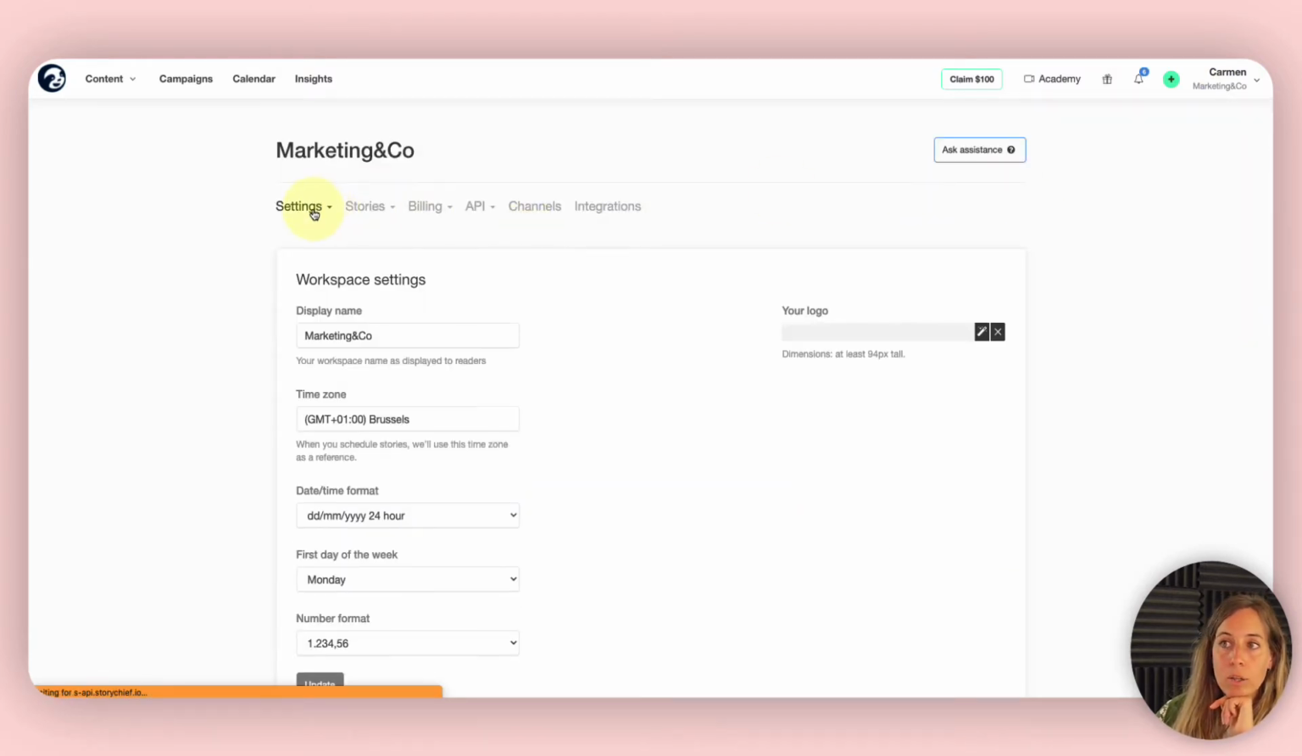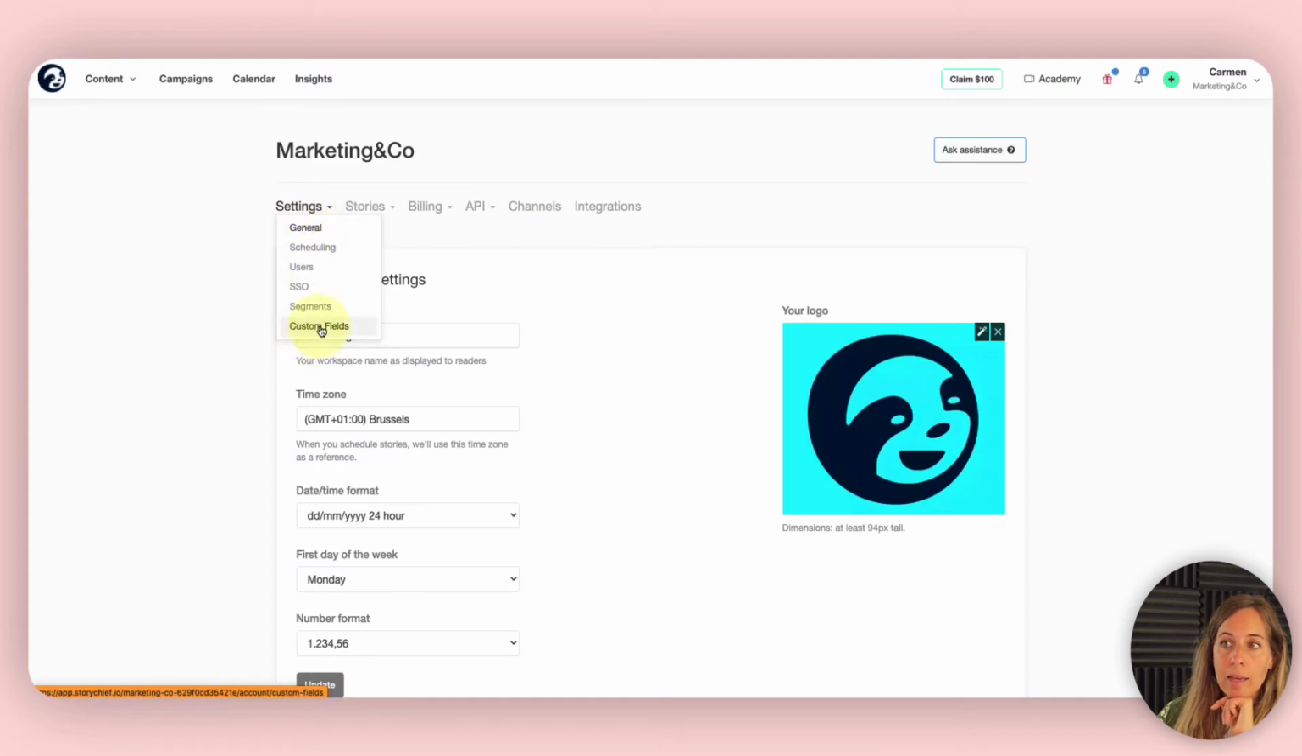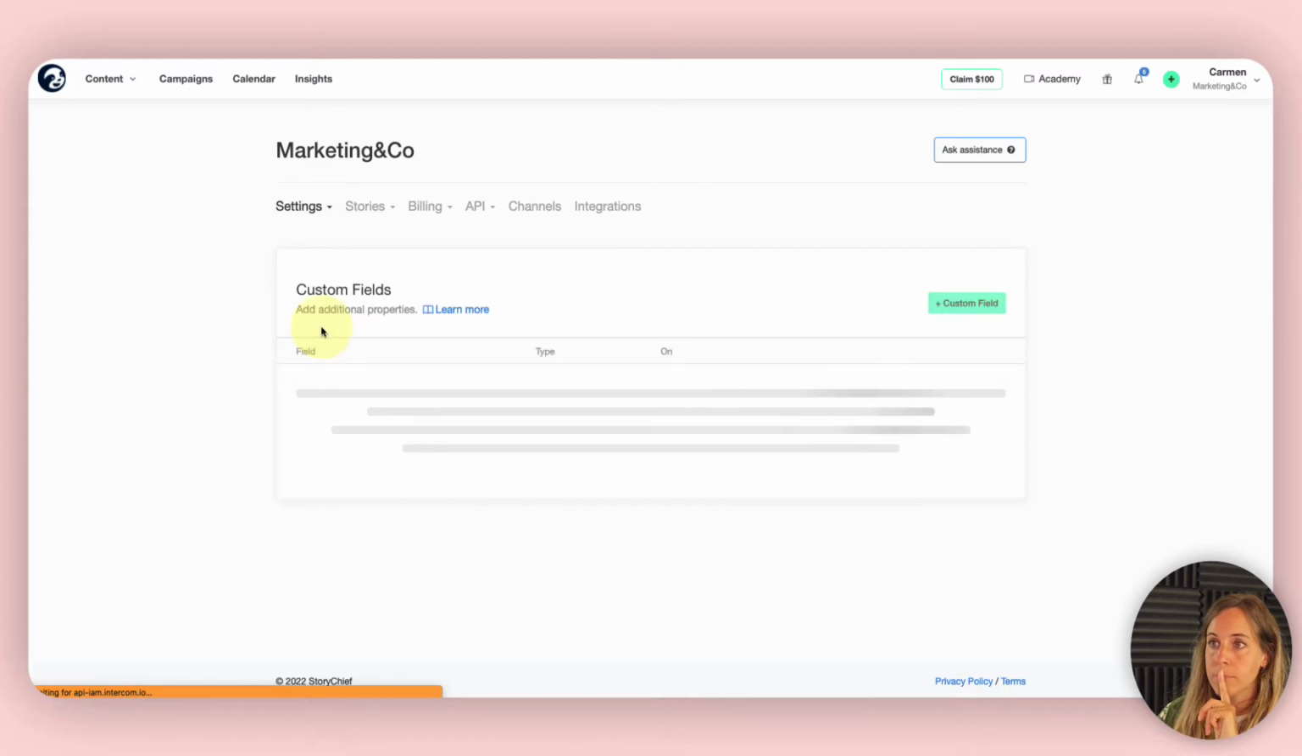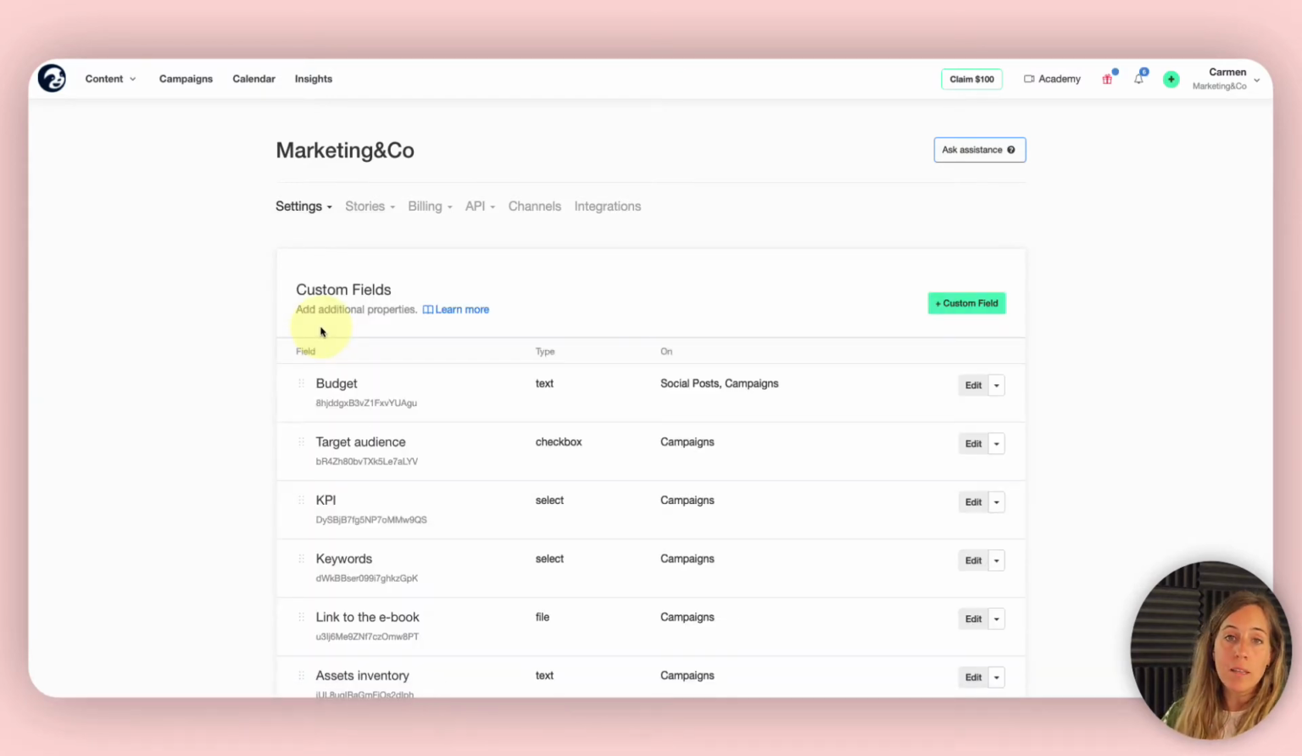Here I go again to settings, and then I scroll down to custom fields. And now you will see the list of custom fields that I have created. So you can create custom fields on campaign level, as you have seen now, but also on stories level and also on social post level. So it will help you track anything you want, anything that is not by default available in StoryChief, but is important to you. You can just add it as a custom field and then just type or fill it in